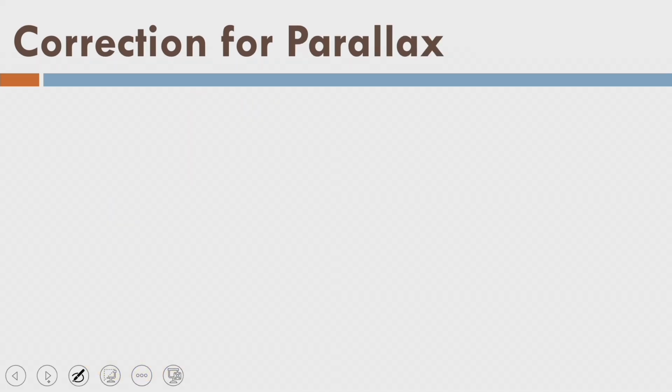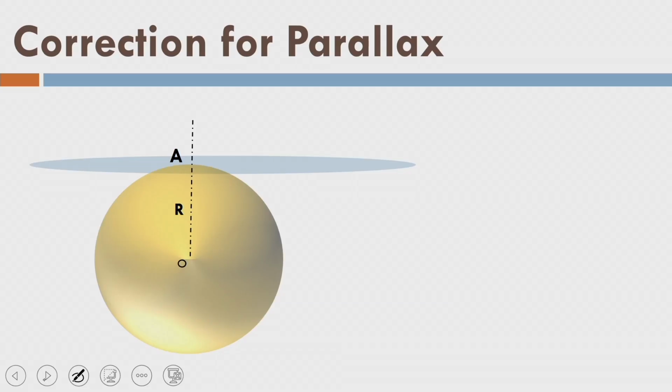Now let us look at the correction for parallax. The parallax is generally termed as the change in the angle because of the successive exposure. Let us see, this is the earth and you are at point A on the surface of earth. So now it is your sensible horizon, where you feel as if there is a horizon like this at a given place.